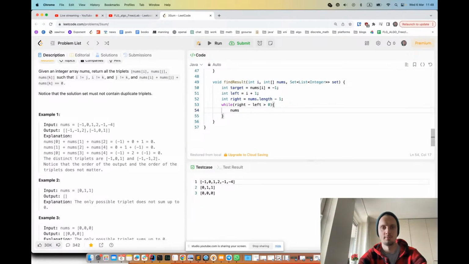We are taking left value and right value. So if our left value plus right value equals target, then we should add